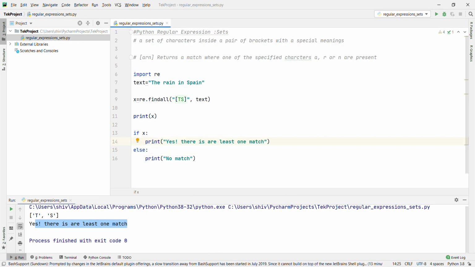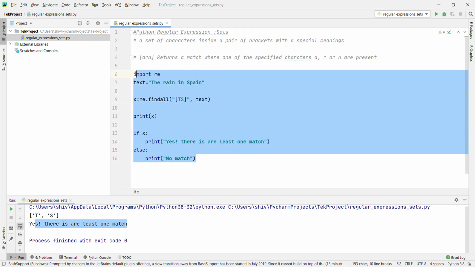Now we will start with another example. The second one is basically [a-n]. It returns a match for any lowercase character alphabetically between a and n.